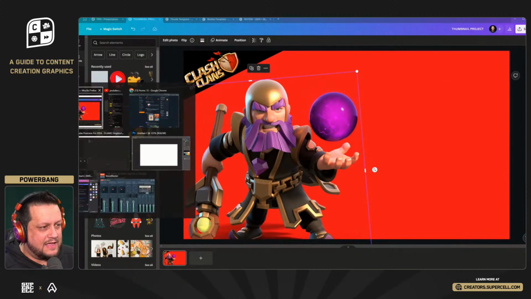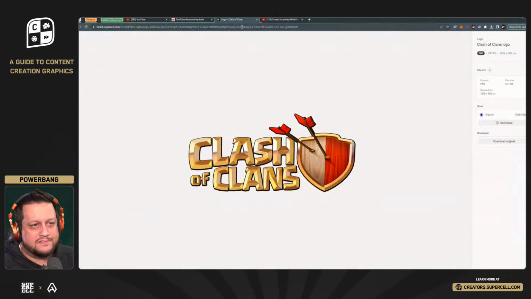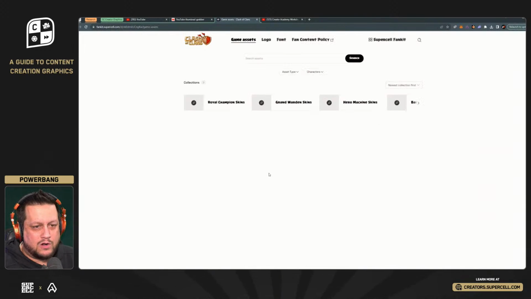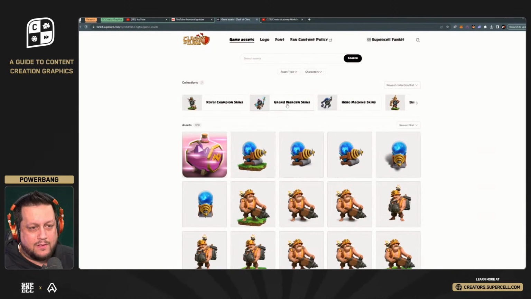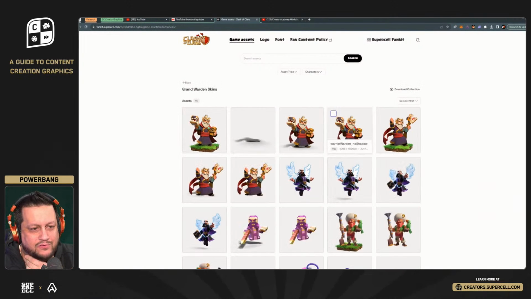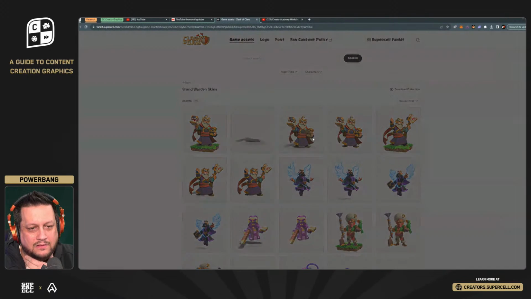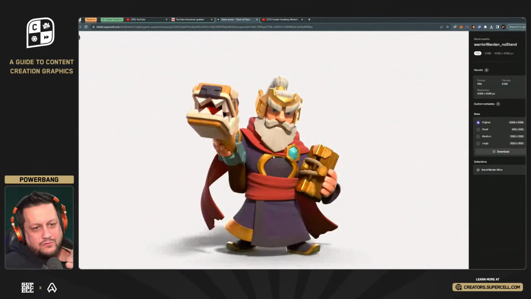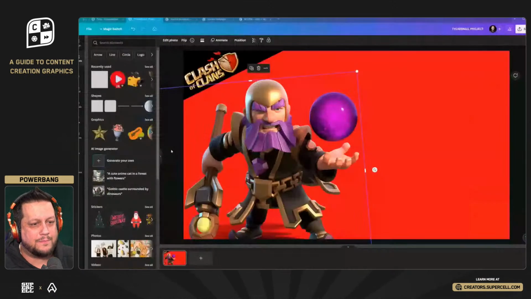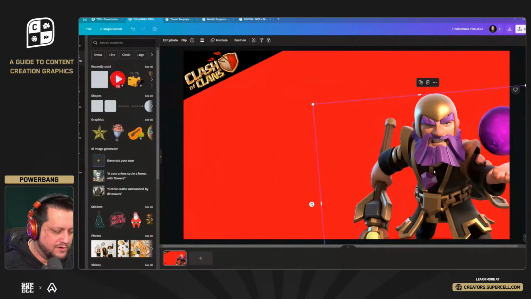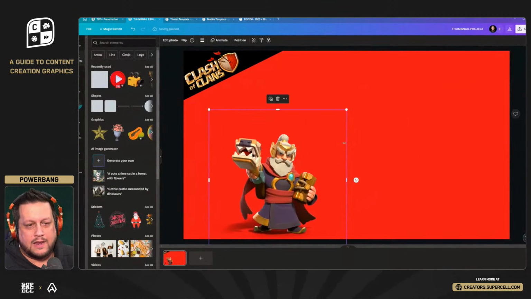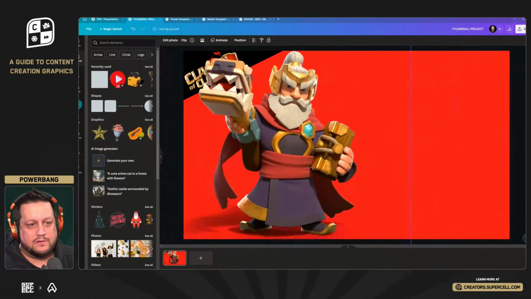But now let's say, I don't know about this Grand Warden, right? Let's go back to the game assets, and let's go grab Grand Warden skins and see what we can find. Maybe there's a different skin for the Warden that looks better. And I'm liking this one, because you'll notice he's wearing some red. So let's go ahead and copy that, and we'll go pull it in. I'm going to hide this one for the moment. And now we have ourselves